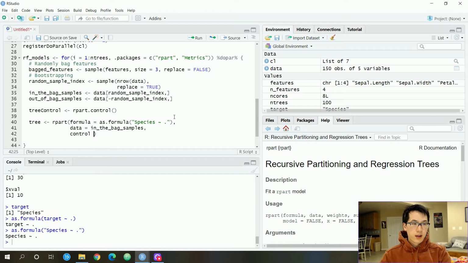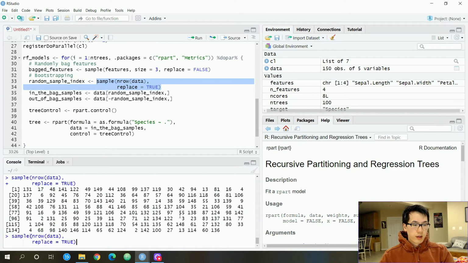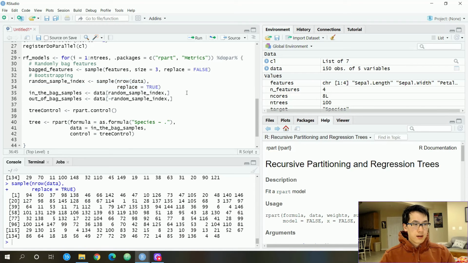And we are going to have our controls with the tree control over here. So utilizing our randomly chosen features of our data set, we are going to be calling all of those features on that data set. But this data set might have like three of those different features that we have going on here. So it could be a sepal length, sepal width, petal width, etc. And just for demonstration purposes over here, it'll always be random. And then if we were to call the bagged features over here,